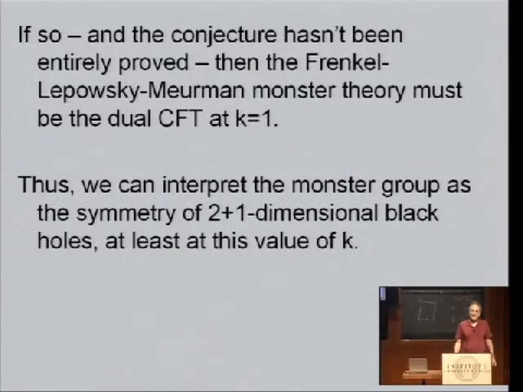Well, if c equals 24 or k equals 1 is a valid value for quantum gravity, and if holomorphic factorization holds, that second one is a big if, perhaps, then the Frenkel-Lepowsky-Meurman theory must be the right one. So we can interpret the monster group as the